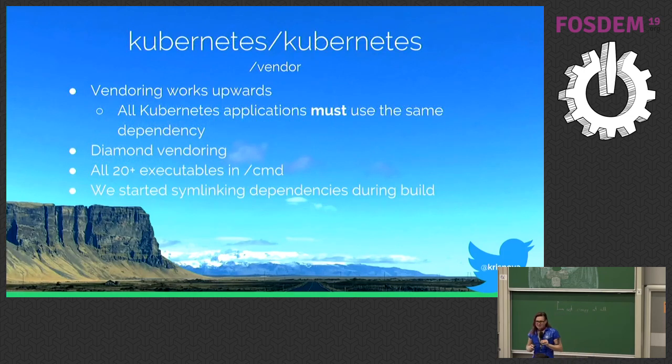The Kubernetes vendor directory. So the way that vendoring works in Kubernetes is all of the executables that are built out of the Kubernetes GitHub repo all usually use the same vendoring directory. So if two projects want to use two different versions of a JSON encoder, you're going to have a bad time. Furthermore, we get into daemon vendoring, which is this problem of almost like cyclical vendoring, and now I'm getting off in the weeds with solving vendoring in Go. But basically, it's a pain in Kubernetes, and we see it even more so as the project has grown over